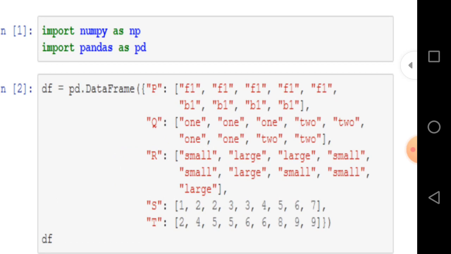When we want to declare a data frame, just write a dictionary. That is the easiest way to declare a data frame,